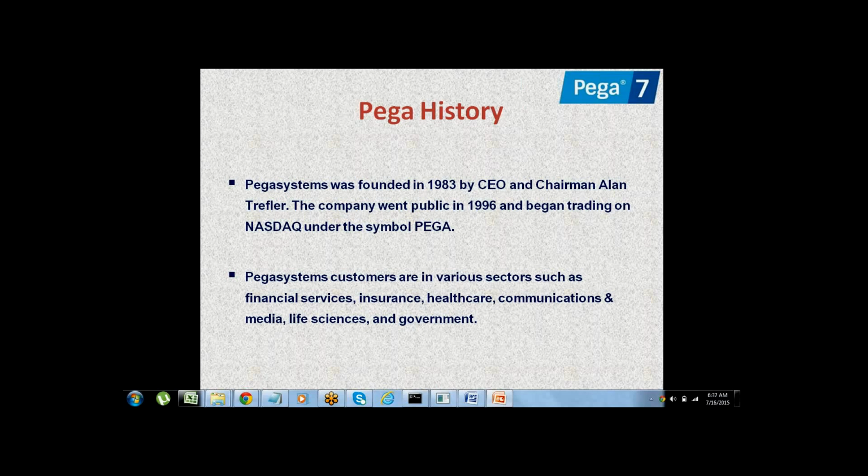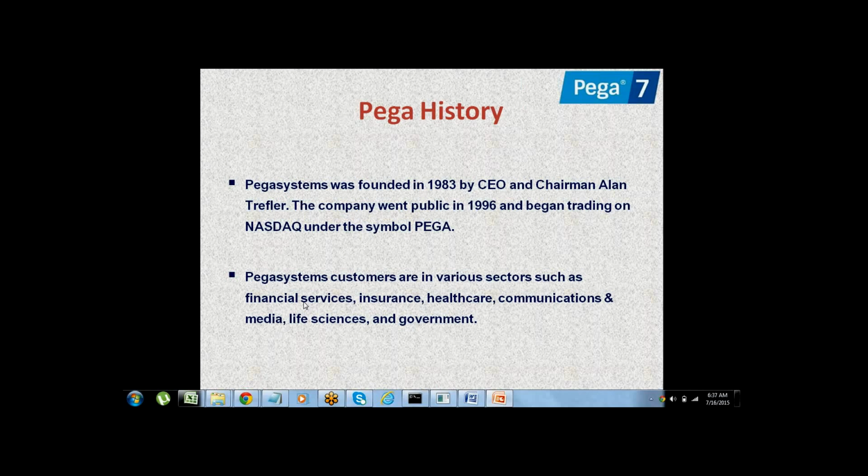But don't worry, in order to learn this Pega tool, there are no prerequisites. Internally everything is inbuilt in the tool itself. We will not write any code, not even a single line of code. Without writing any code and without any prerequisites or basic knowledge, anyone can learn this Pega tool.